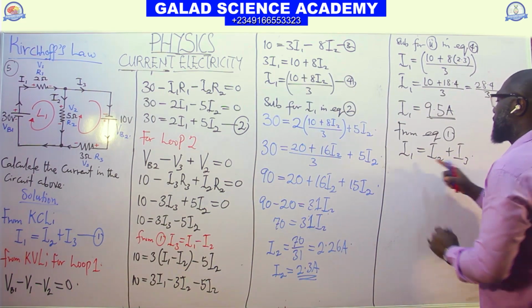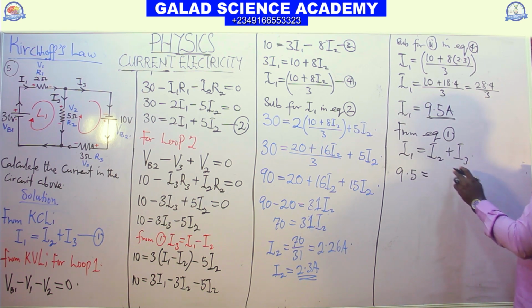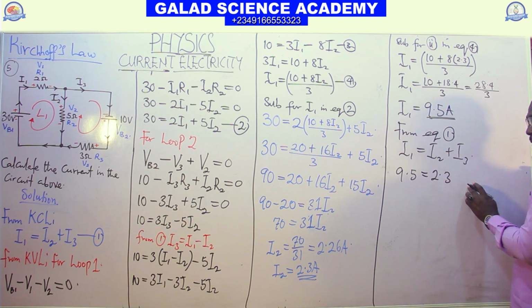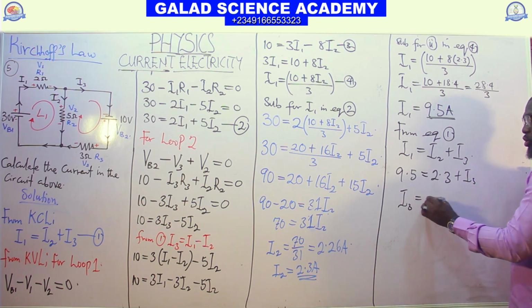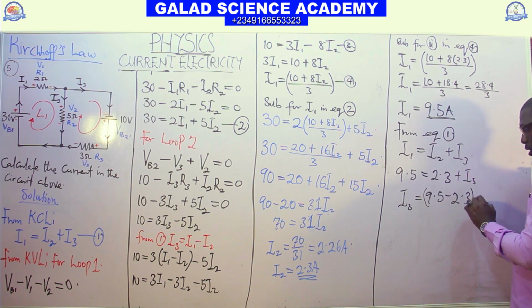What is I1? I1 is 9.5. What is I2? I2 is 2.3. What is I3? I3 is unknown. So I3 will be 9.5 minus 2.3 ampere. Subtract it, it will give us